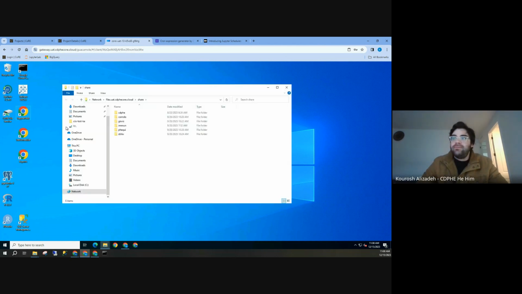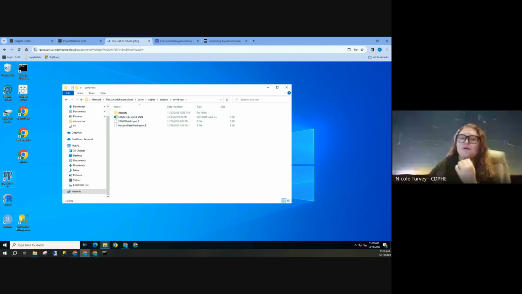So if you open that one, I'm in an immunization project right now. So if you go to projects, sorry, this one's associated with my user. Yeah, so we have the different users and their files, and then maybe am I communicable disease? Oh no, I'm CDPHE done. And then you can see this is the COVID test project here. And those are the same files you just saw. Okay, so interesting. Thank you.